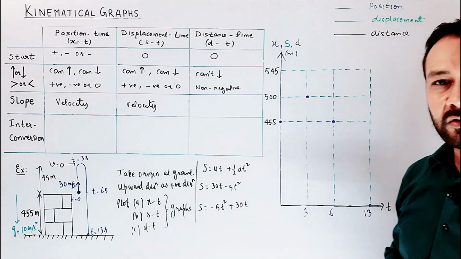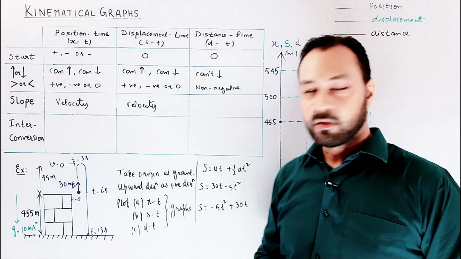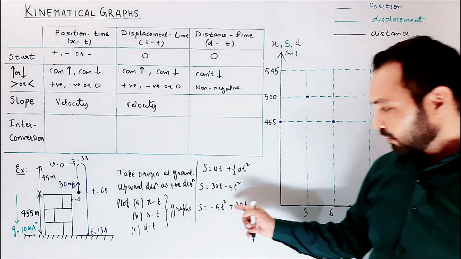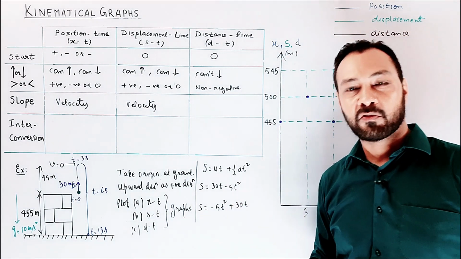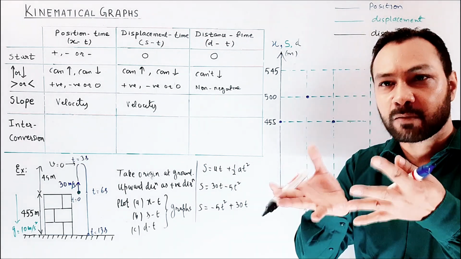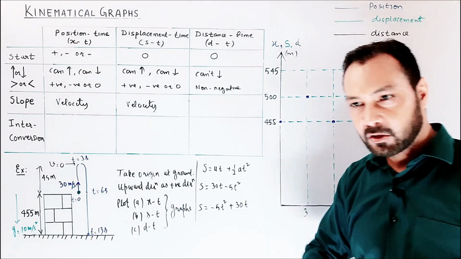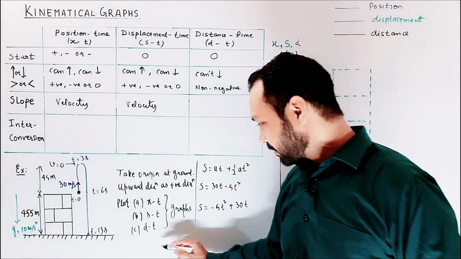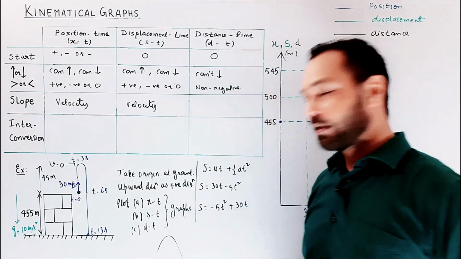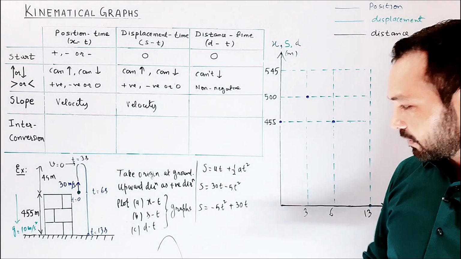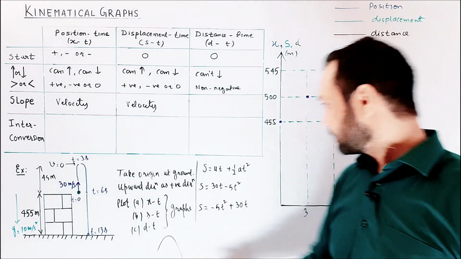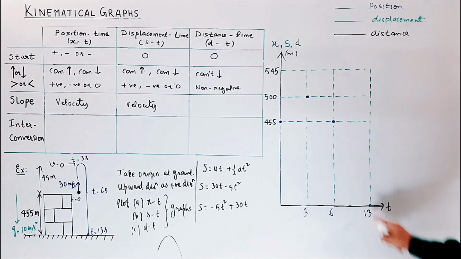And we talked about the equation of parabola. In the equation of a parabola, if the coefficient of the square term is positive it opens up, and if the coefficient of the square term is negative it goes down. So immediately it appears that the parabola would be something like this, and that is enough for us. The shape is something like this and it is passing through these points.